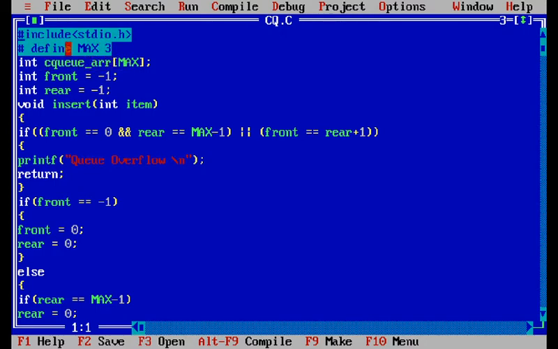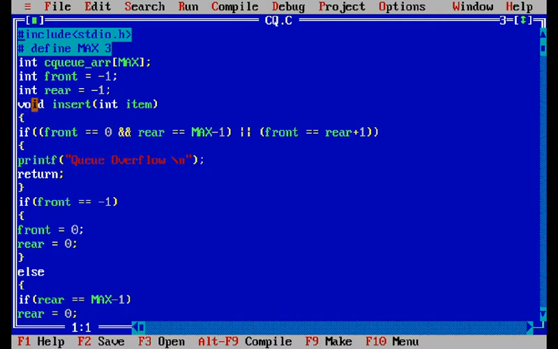So I define the MAX as 3. That means I assign the size 3 to the MAX variable and I pass this MAX to the array index. Here CQARR is a variable of type integer of size 3. Then there are two variables, front and rear, that are assigned the value -1.